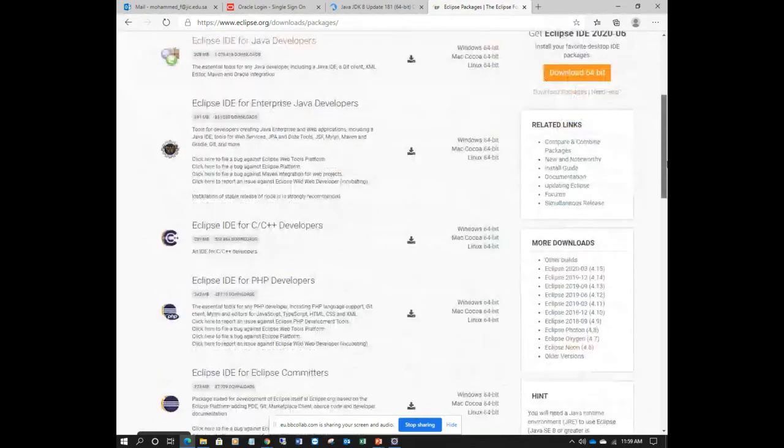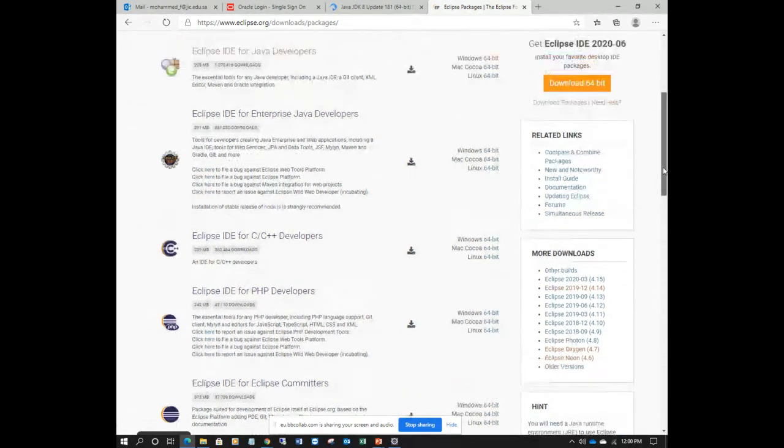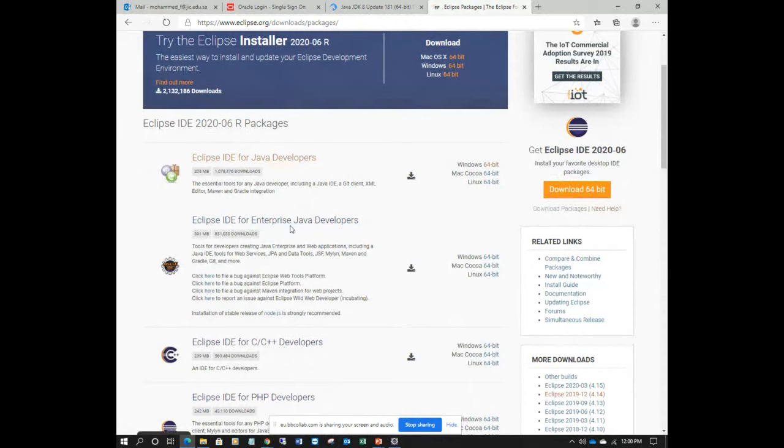Then next you have various versions of Eclipse. I'm going very basic here, very lightweight. It takes less size on your computer, so this is more than enough for our course. So I'm just taking Neon, and I request all of you to download Neon only. It takes less space and is a bit faster also. In this one, just go with Eclipse IDE for Java Developers. We need only Java developer. The Enterprise one is for big applications, big projects, and we don't require all those advanced features. We just need Java developers, right? So click over here.